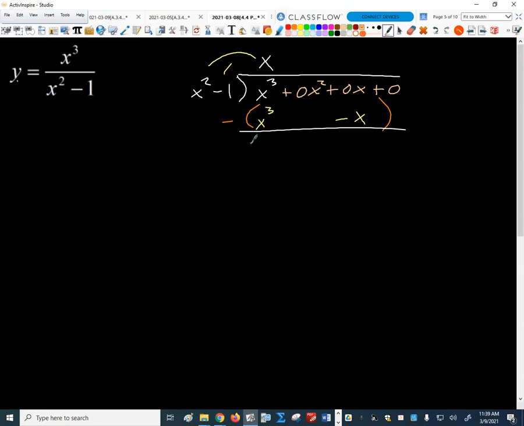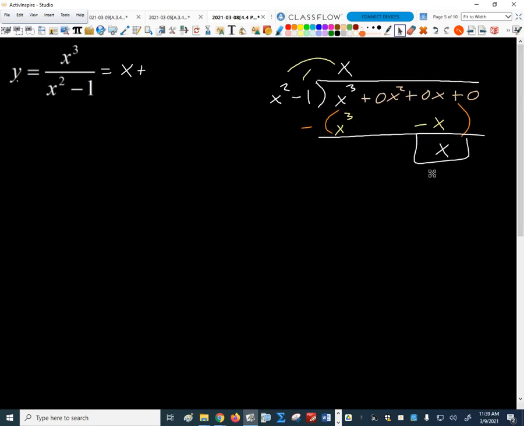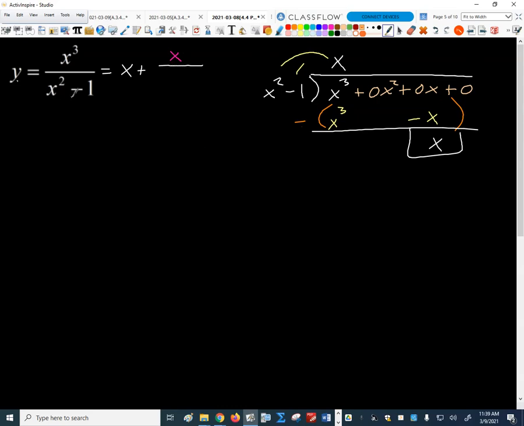X cubed minus x cubed cancels. 0 minus negative x gives me a positive x, which is my remainder, because x squared won't divide into that. And so what's this equal to then? This is equal to x plus my remainder of x, and it remains over my denominator,